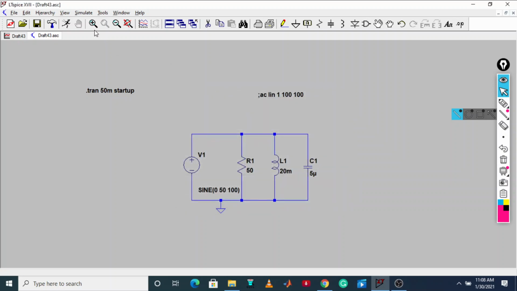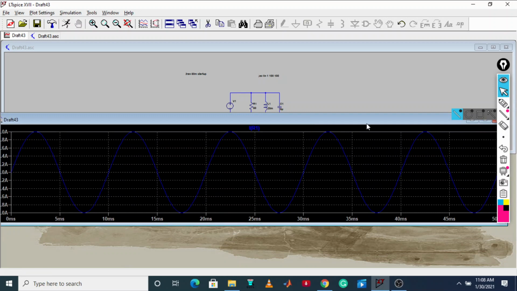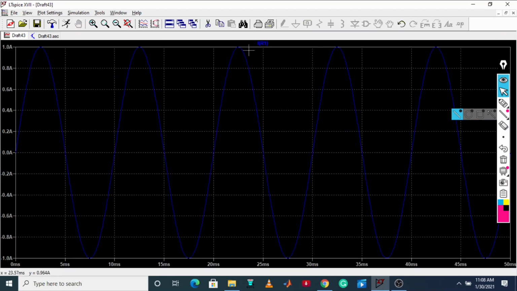Okay, now it will come in. Now if you need to calculate the total value, we know the maximum is 1 and the minimum is minus 1. So max to max is 2, but the average value we have seen was 1. Now how to calculate that maximum? Here we can see, so we do not need to do 1 minus 1. If you see the maximum 1 minus of minus 1, it is 2, divided by 2 it is going to be 1 ampere, that we have seen coming across the resistance.